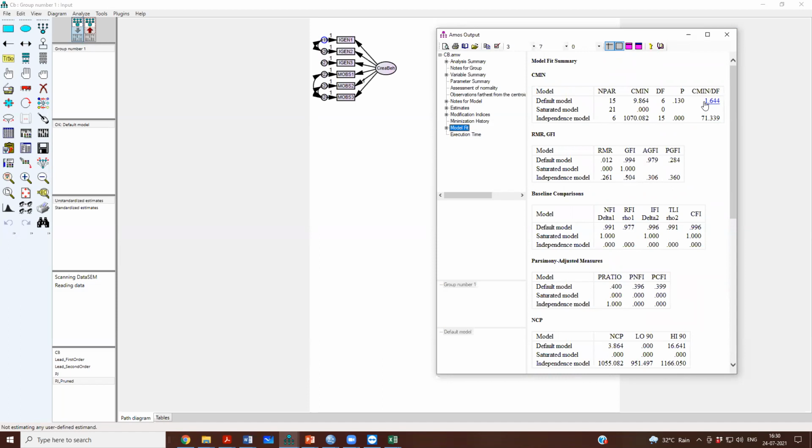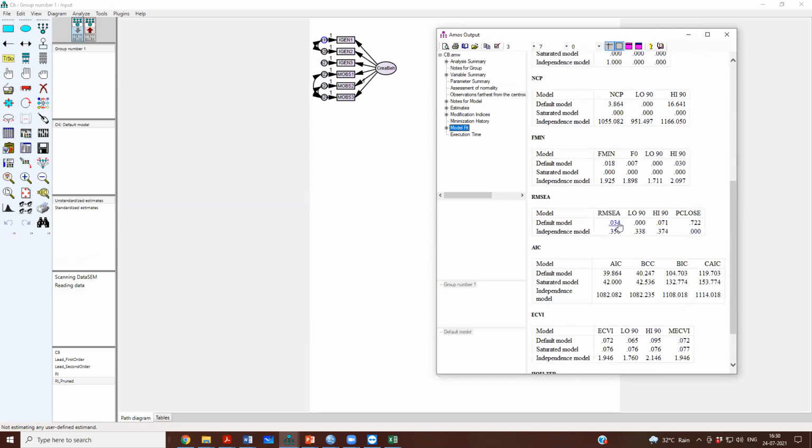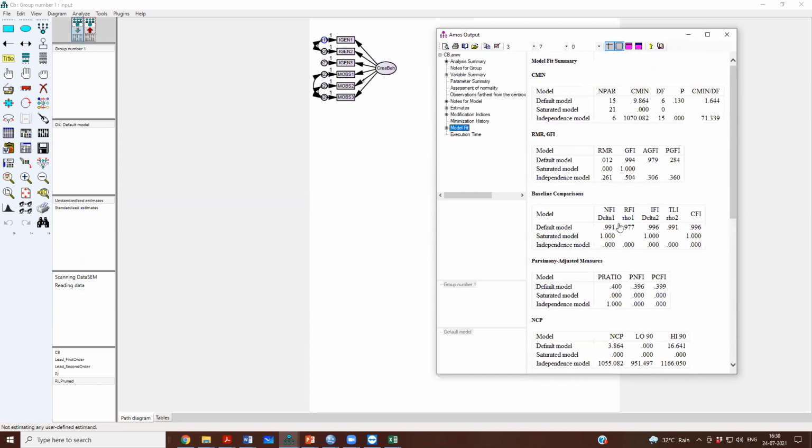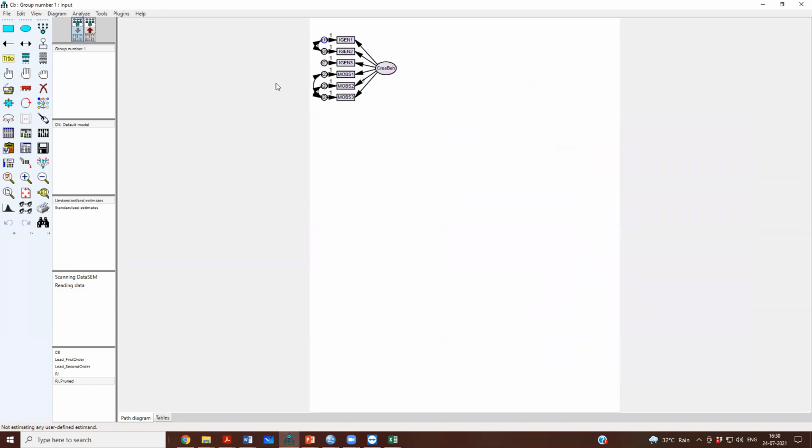Our chi-square by df has gone down to 1.6. GFI, CFI, and RMSEA are doing very well. So this is the last change that we would be doing to this model, and this is the best fitting creative behavior measurement model that we have got in our